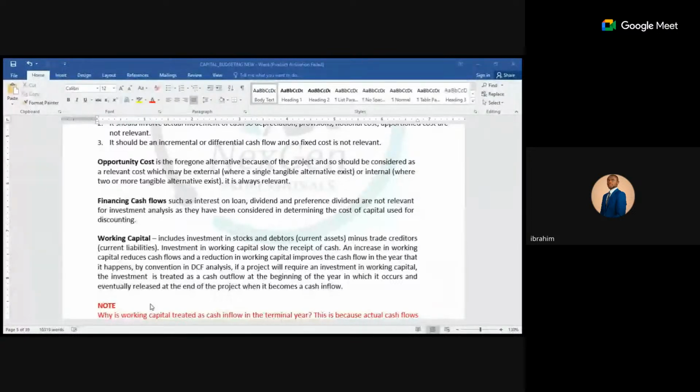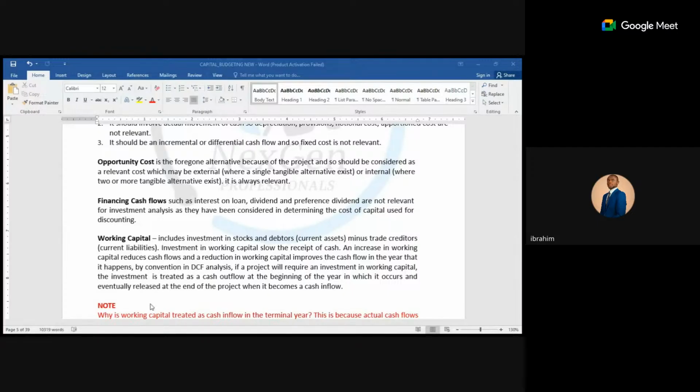Then, if you calculate the internal rate of return, and the internal rate of return is greater than the cost of borrowing, the project is viable. Let's say the internal rate of return is 2%, and the cost of borrowing this fund is 10%. It indicates that the project is not viable. The project will not maximize the shareholders' wealth. Why? Because the internal rate of return for investors is lower than the cost of capital, which is the cost of borrowing, right?